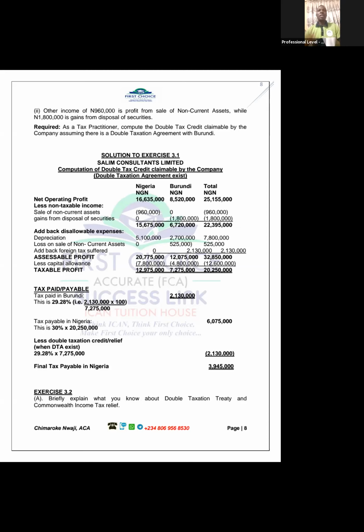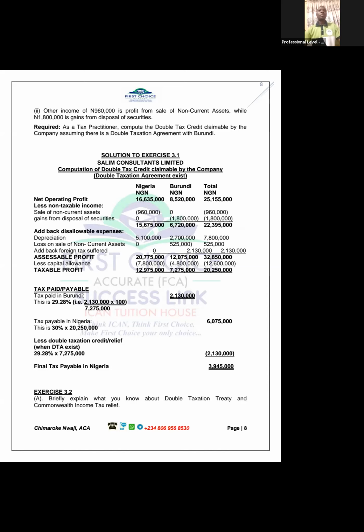That means he's paying a double tax. When Nigeria has a double taxation treaty with any country, there is a relief that a foreign income earner enjoys. The double taxation relief is granted in accordance with the provision of the double taxation agreement. Hence, the relief enjoyed will be the lower of the local tax paid or payable and the foreign tax paid